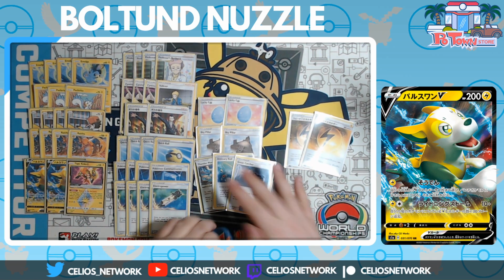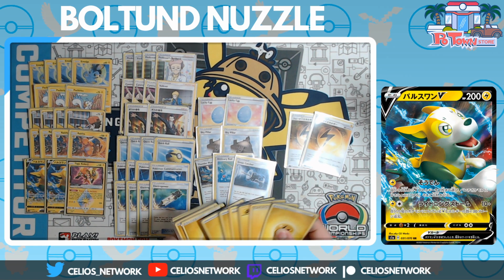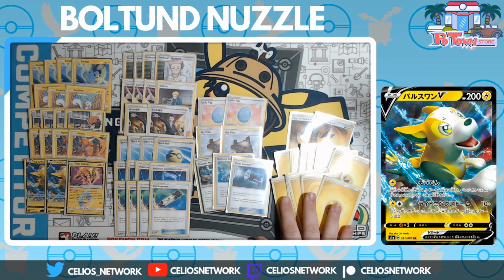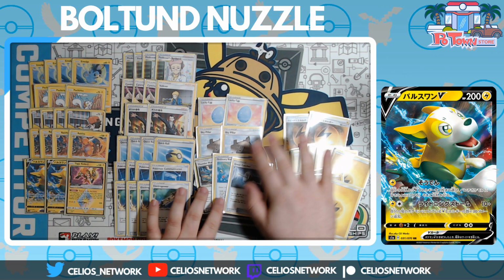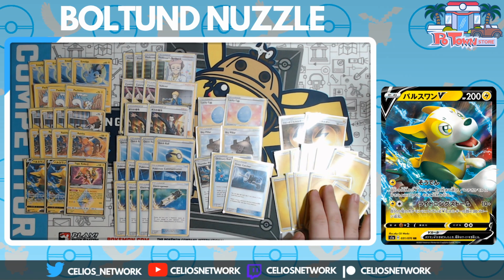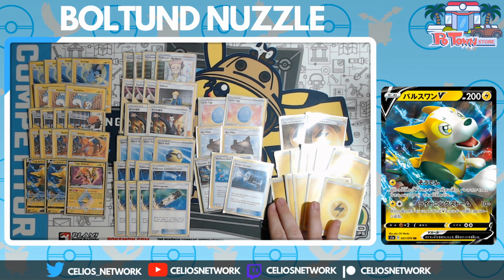And then we've got, I believe, 11 basic Lightning Energy. So 6 and 5. Yeah, 11 basic Lightning Energy and the 2 Speed Lightning Energy. Sorry about the glare. So I originally had 3 or 4 Speed Lightning Energy in here, but I had to